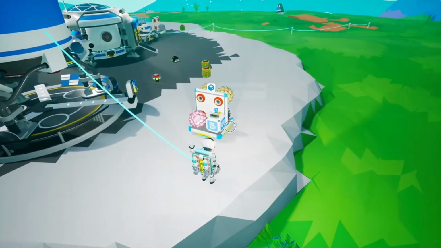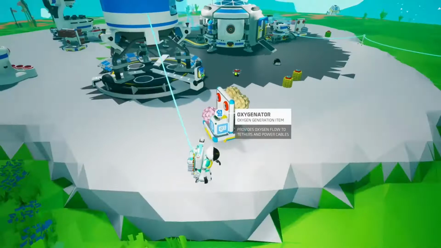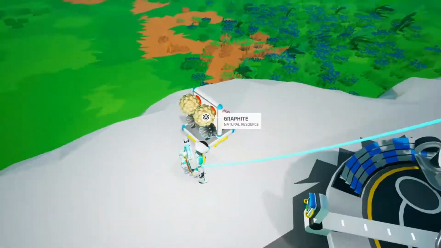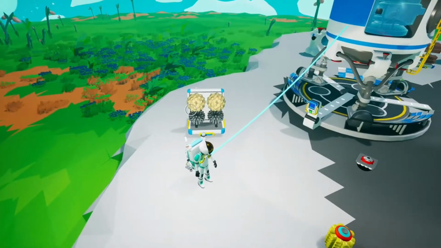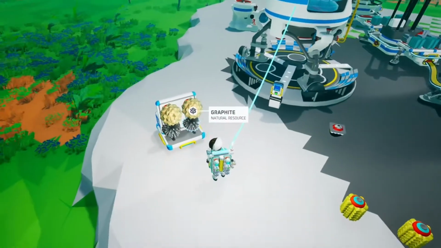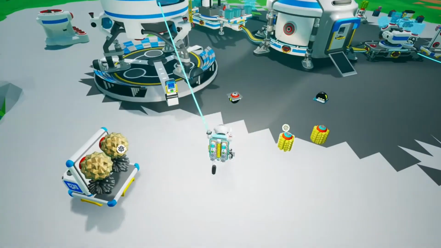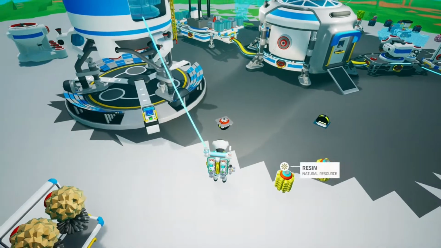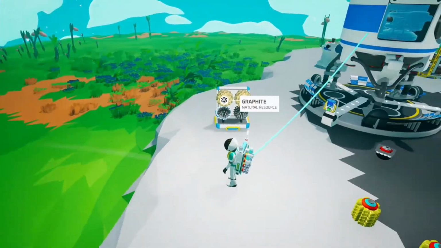Let's see what we have. We have one oxygenator. That is awesome. We've got quartz for our beacon. Now we have 2 ammonium and 2 graphite. That is for research that we may find on the planet. That's one of the things we're hoping for. Apparently I went and found some compound in preparation of just having some of the supplies. Now we will need